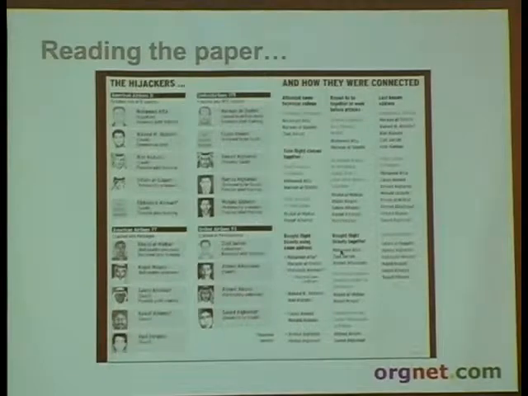And one of the things that really got me going in this whole mapping process was this particular matrix that showed up in two places. I think it showed up in the New York Times, but I found it in an Australian paper online. And it basically gave the hijackers, who was on what plane, and then it even started to give some information about how they were connected. So, you know, these two people went to school together in Germany, and two people were known to have lived together in the U.S. and so on. And so that's how the network started.